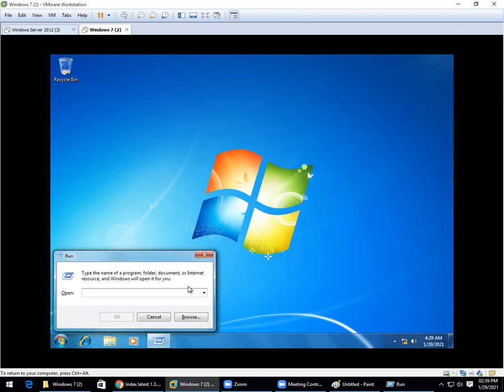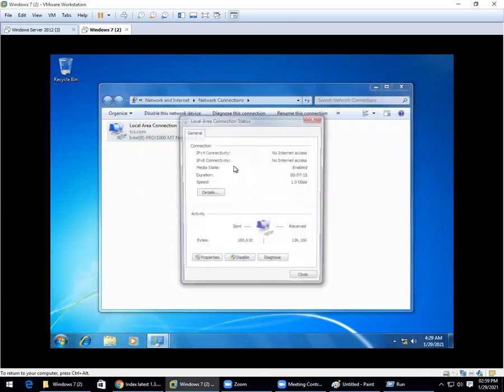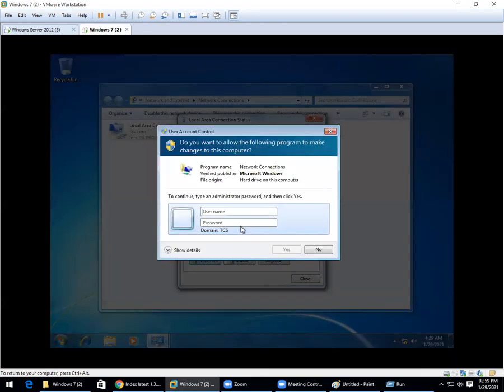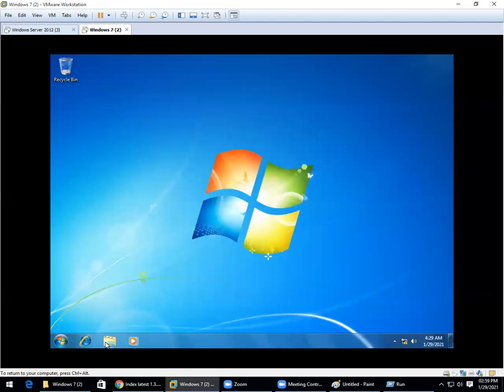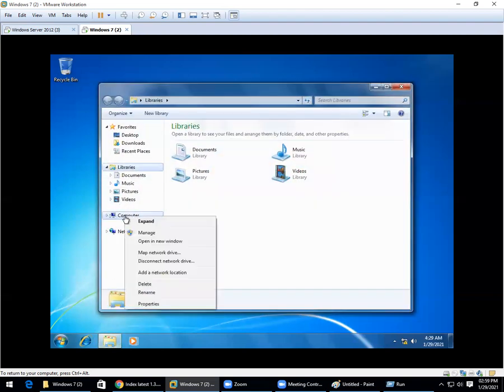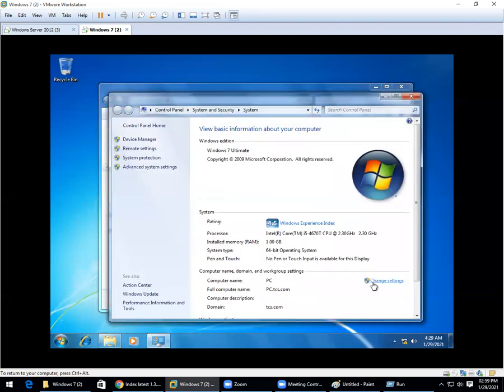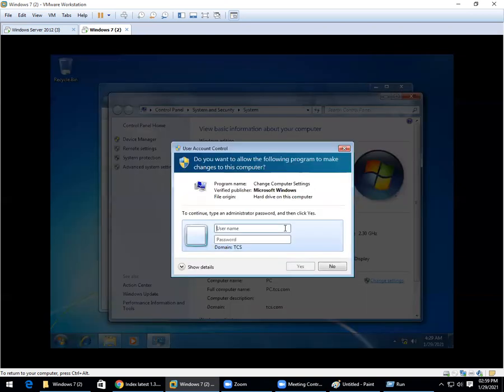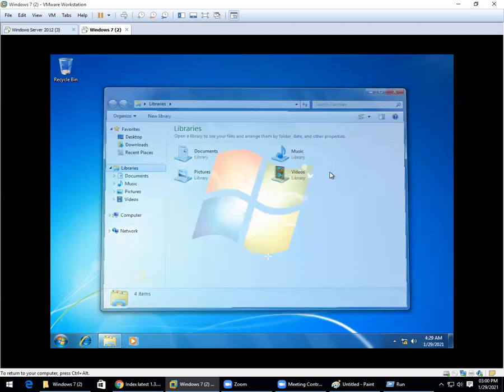Previously, we were trying to change the IP address with the administrator credential. Now let us try to do the same thing. For this, I'll go for ncpa.cpl, and here I'll try to change this IP address. It is asking for my administrator password. We cannot do that change. And last time we were trying to add it. Now let me try to remove this from the domain controller by going to system properties, change settings. It is asking for the domain controller password, DC password.